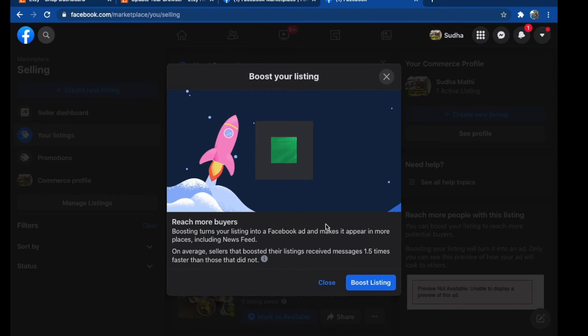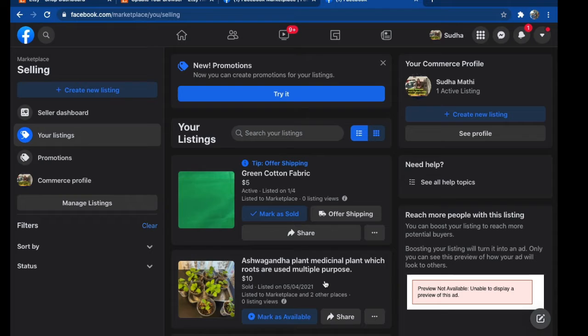As of now I don't want to boost, because it's okay for me to sell my product in the local area, and I don't want to spend money on ads on Facebook. So my item is listed here.